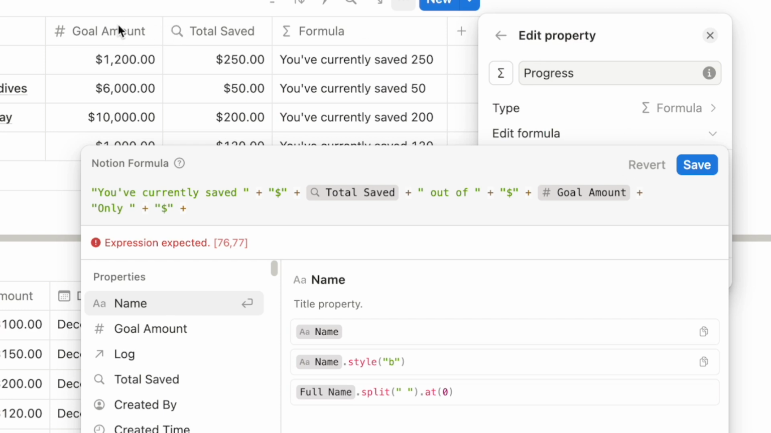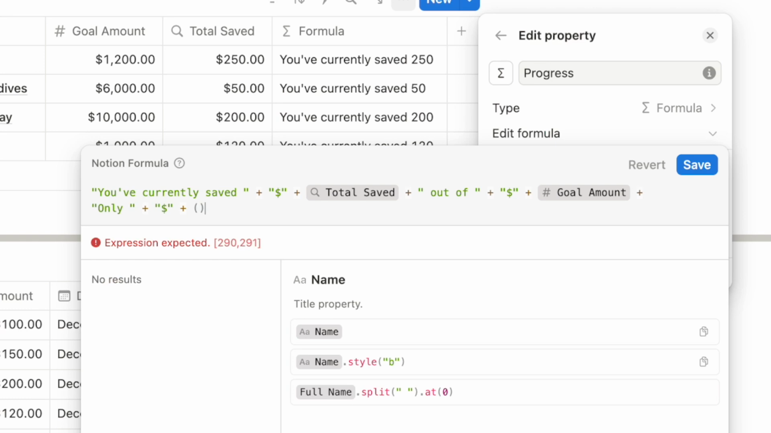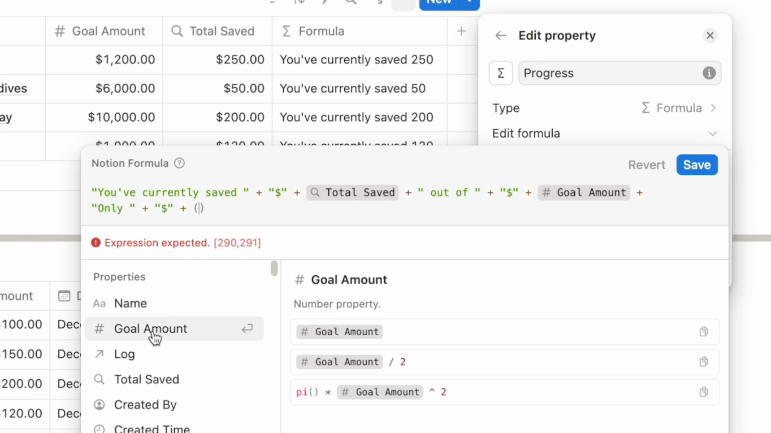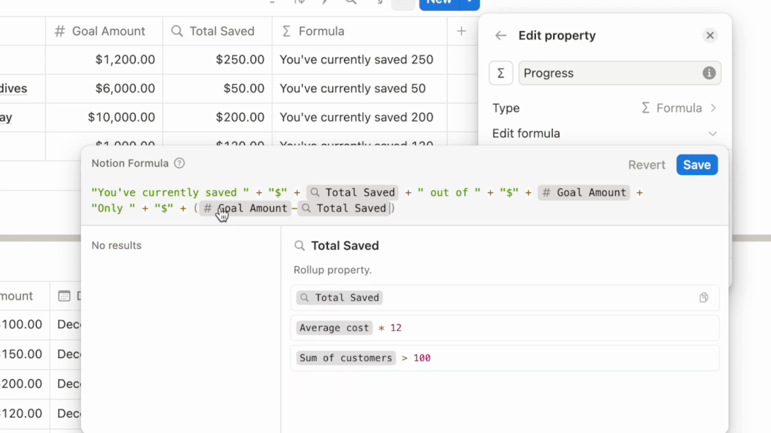And now, as I said, I actually want the amount to go. So we would actually want to do a calculation here. We want to do the goal amount minus the total currently saved, and that is going to give us the amount that is left to go. So to do that, we can actually just add that calculation into here. So I'm going to put two parentheses like this so it's contained within them, and we're simply going to do our goal amount minus our total saved, and that is going to be calculated inside of here, and it'll display